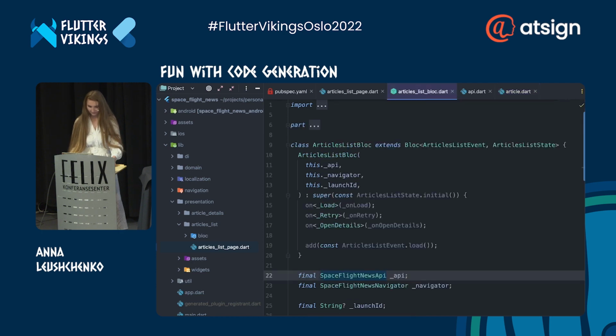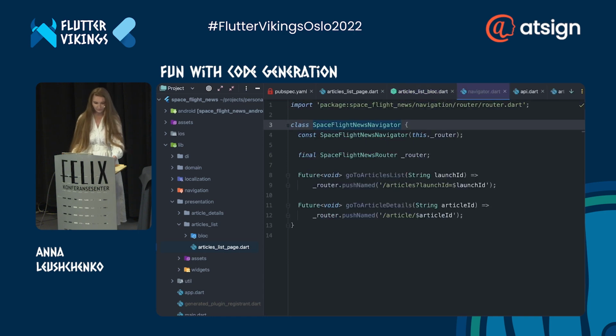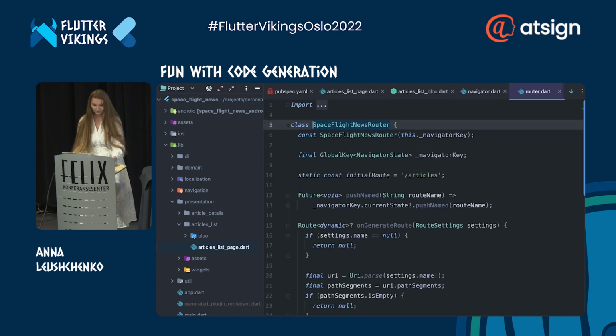Back to articles list Bloc. It also has a navigator dependency, which is an abstraction over the native navigation mechanism with domain-specific methods: go to articles list and go to article details. The actual navigation is implemented inside the Spaceflight News router, which receives a navigator key on which it performs named navigation.